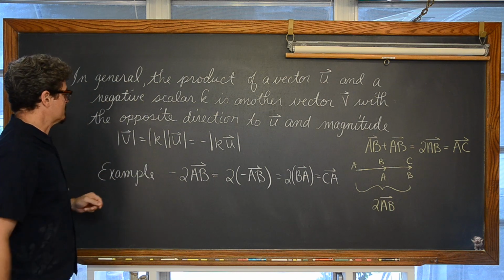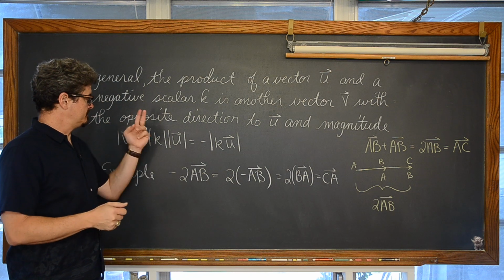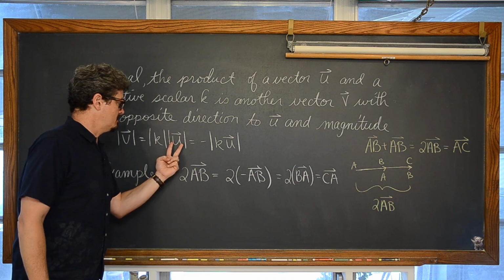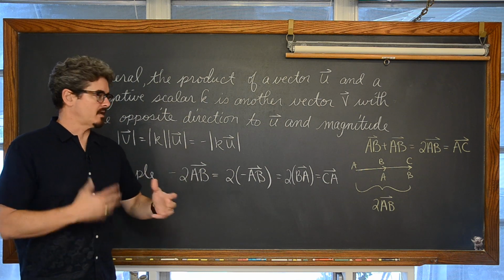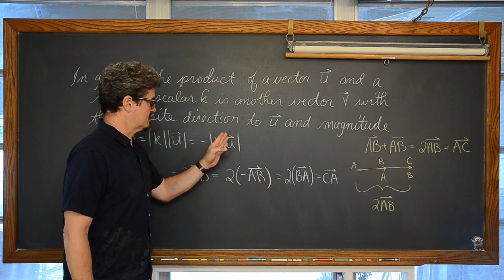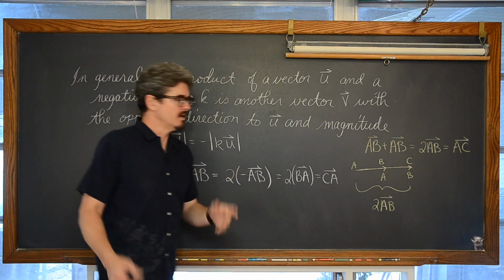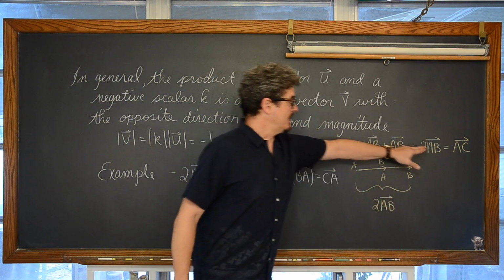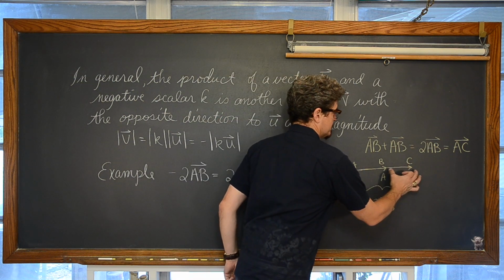let's find the length of this vector. The magnitude of vector v is equal to the absolute value of k, because our scalar is a multiple, times the magnitude of vector u, but then to indicate the fact that you multiply by a negative scalar, you've got to keep this negative out here indicating that it's in the opposite direction. So what the heck? It makes it sound way more complicated than it is. Going back to the previous couple of screens, we have vector AB plus vector AB is equal to simply another vector which is twice as long. Vector AB, triangular method process, plus another vector AB.